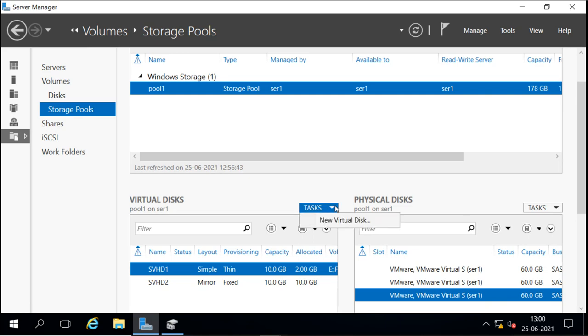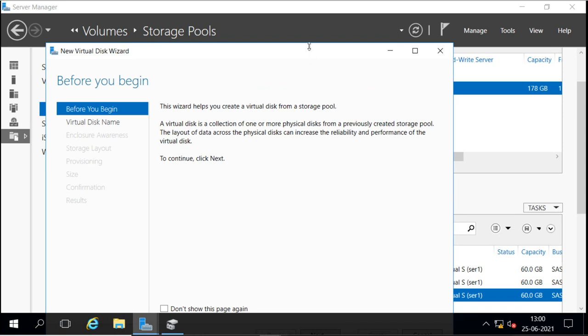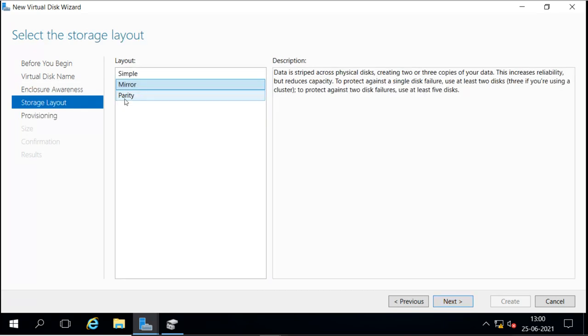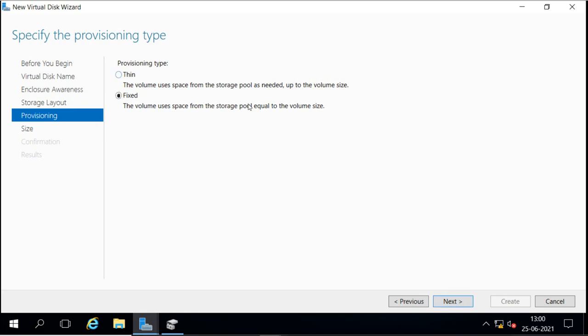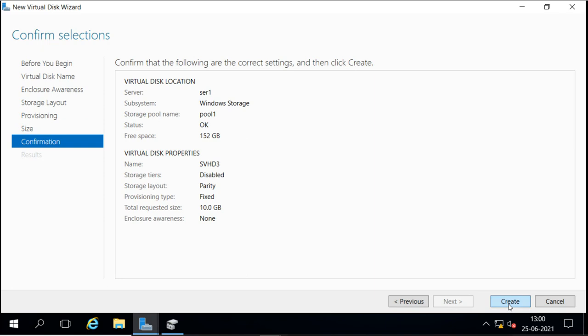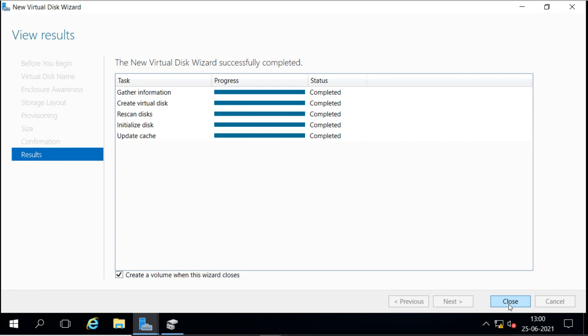We can create the parity layout the same way, with a new virtual disk. Next, name. Next. This time we can select parity because we have 3 disks available. Again you can select thin or fixed, then select the size, and then create. And then you can create the volume out of it also.